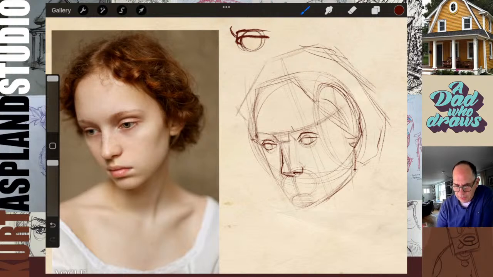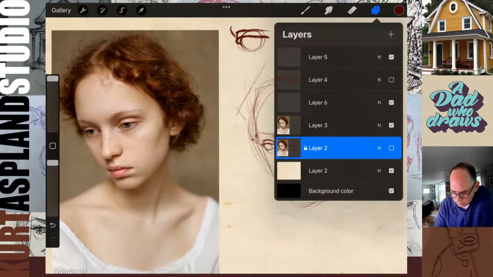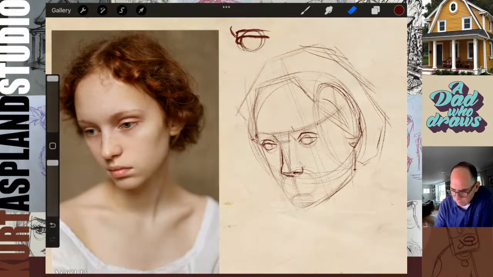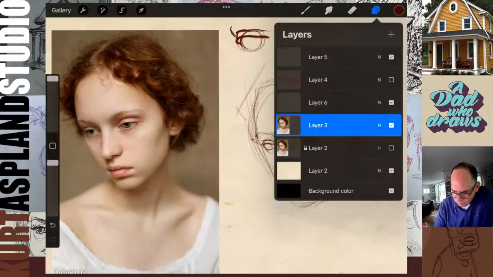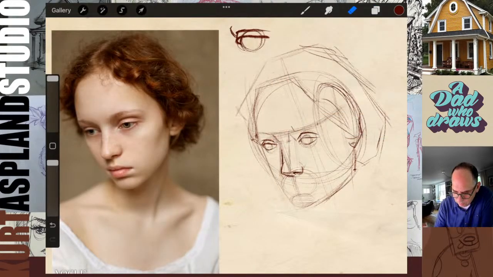It will age them immediately. That's why I think young people are hard to draw, because they just don't give us a lot of that information we need. What I'm doing right now is just using my eraser and taking away some of these guidelines.